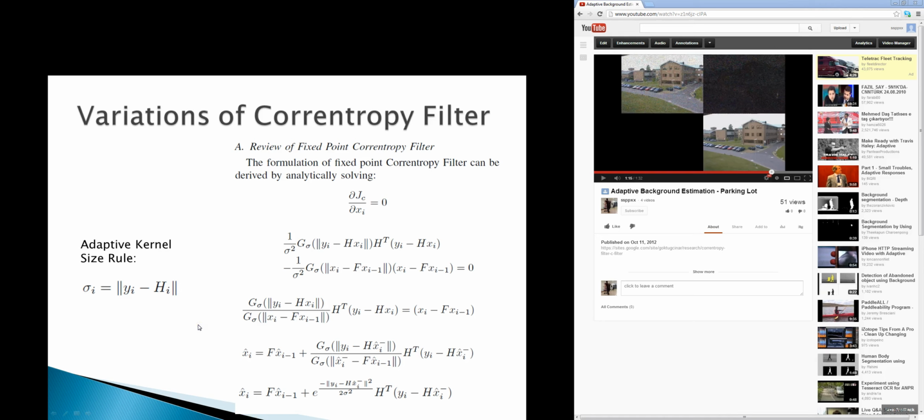We notice the kernel size effect, which I talk about more deeply in the project report. These are all taken from my previous paper to the IJCNN, the International Joint Conference on Neural Networks, where we published these filters. So I have used that paper and the explanations in that paper in this project to give the background information. And we come up with a heuristic adaptive kernel size rule by selecting the kernel size such that